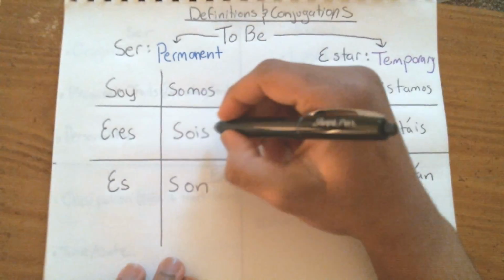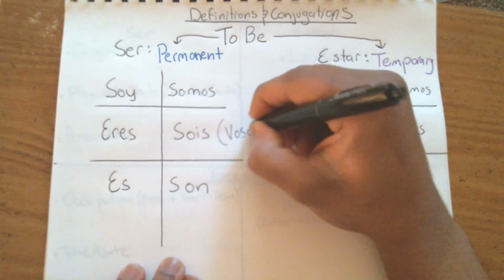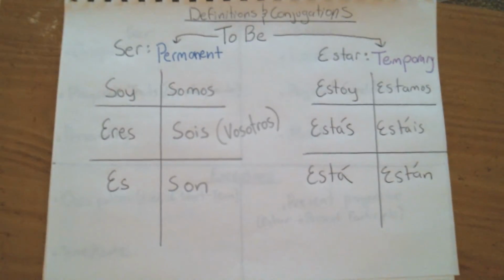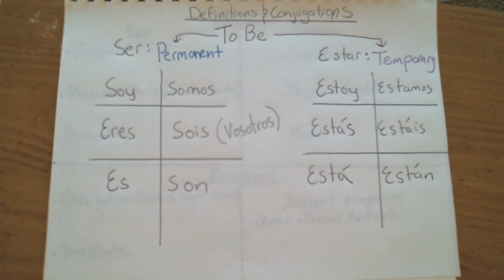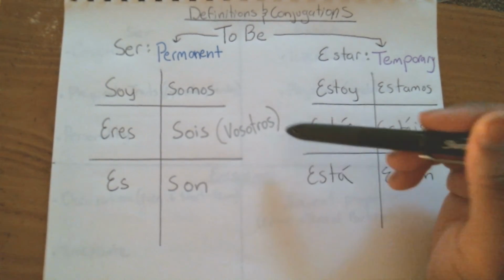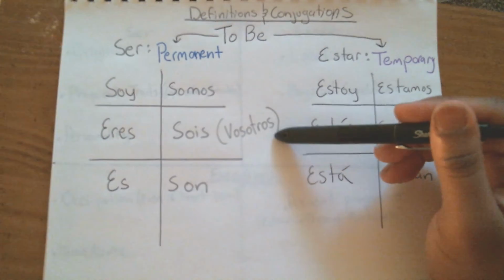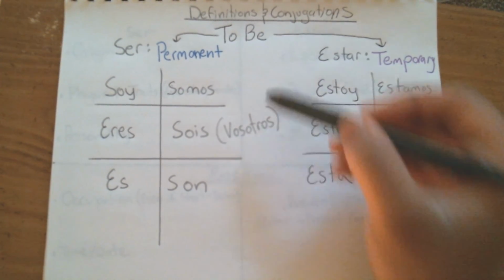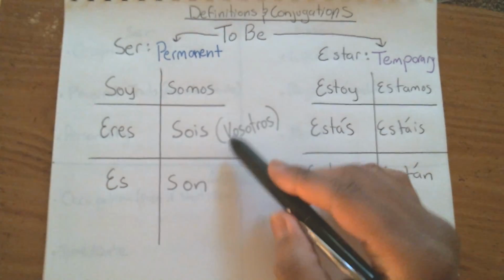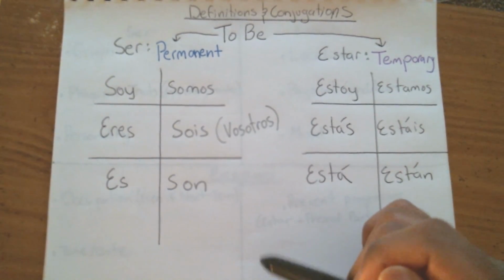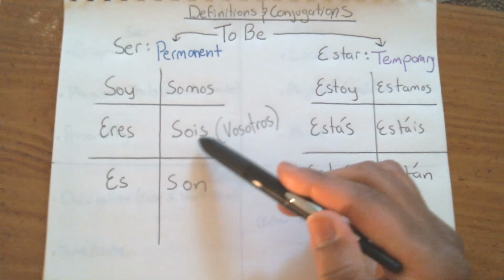Well, sois comes from the Spanish pronoun vosotros, okay? This is mostly used in Spain. It's sometimes used in Argentina and Chile, and it means you all, okay? But it's informal, whereas ustedes, you're referring to y'all or you all as a formal situation. You use an informal version to refer to a group of friends. It would be vosotros. A simpler way to put it is that vosotros is basically the plural form of tú. So if you're talking to a group of friends, use vosotros, especially if you're in Spain. Okay, and its conjugation from ser is sois.